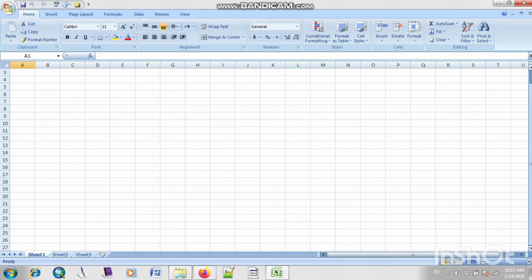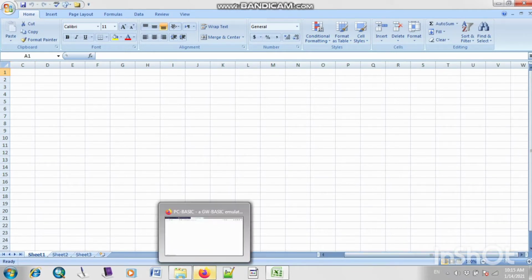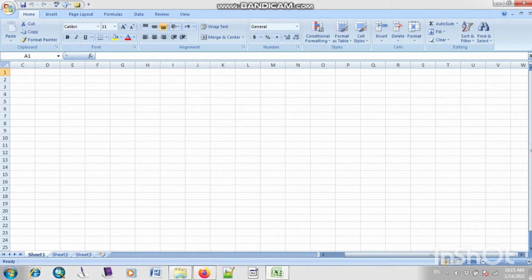So basically we have 2 scroll bars. The first one is your vertical scroll bar and the next one is your horizontal scroll bar. This is known as your vertical scroll bar and this is known as your horizontal scroll bar. And then we have a new bar at the bottom of your document. As you can see, it says Ready, and there is also a symbol of zoom in and zoom out. So basically this is known as your status bar.